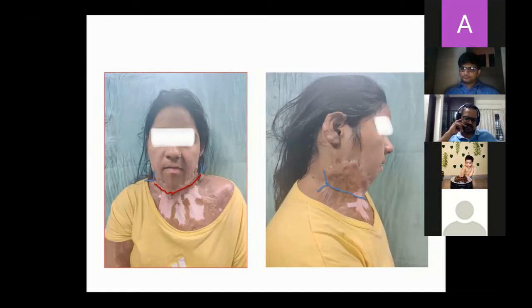Watusi splint is actually named after the Watusi tribe, a tribe in Africa. What is normally done is soft plastic tubes are taken, the ones normally used for cardiac surgeries, for the cardiopulmonary bypass machine. Those tubes are used, and you put gauze bandages through them, and then you tie one over the other.